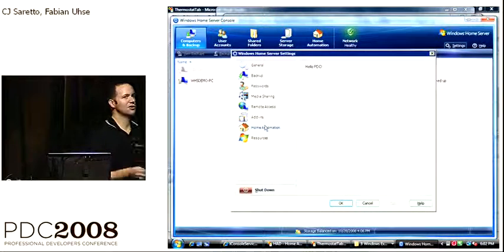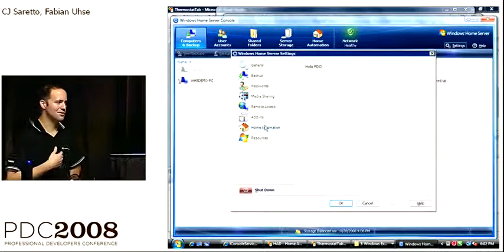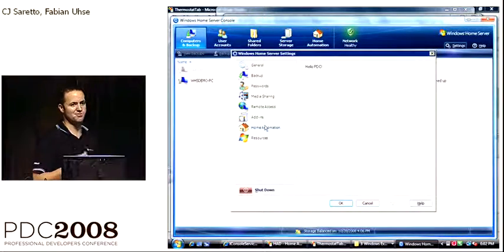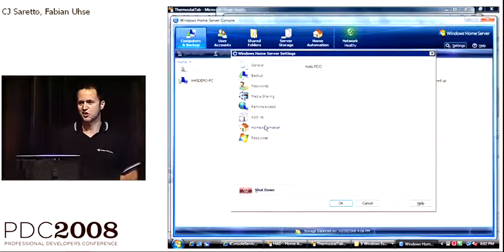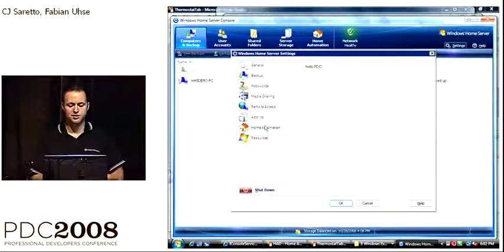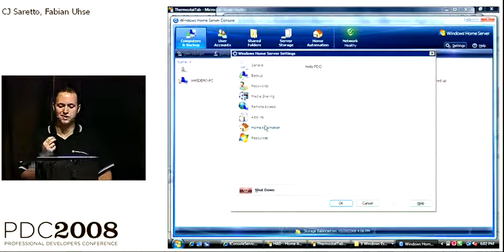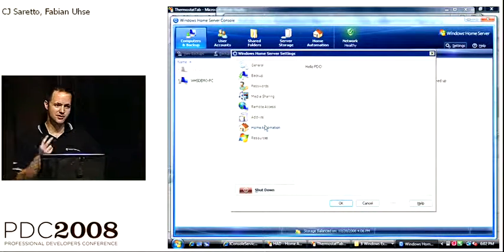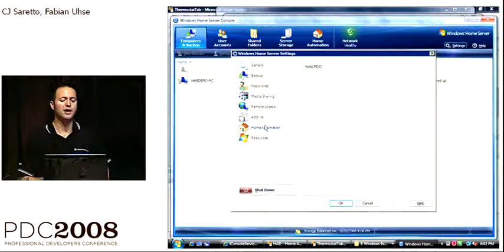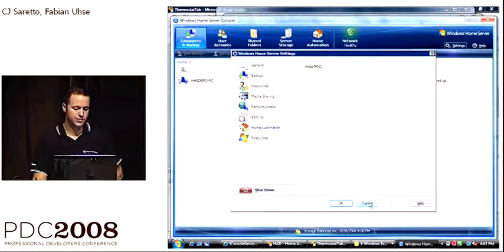Now, if a senior program manager, which means I don't write a line of code, can do this, this should be extremely straightforward to you guys. I'm not a WinForms developer. I'm not a developer at all. But if I can make Hello PDC show up in the Windows Home Server console, any single one of you can make a lot more exciting things show up. So it should be really obvious. If you know WinForms, if you know .NET programming, you know how to extend the Home Server console and make any software you have running on the home server work in a headless environment.